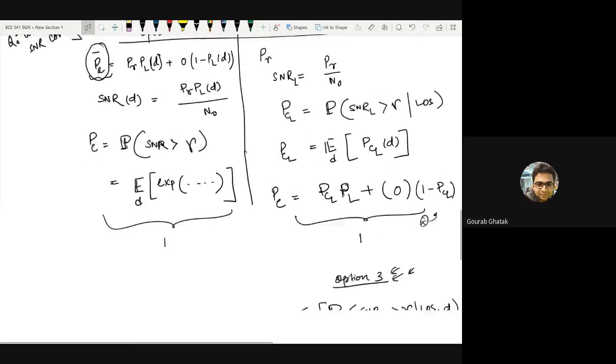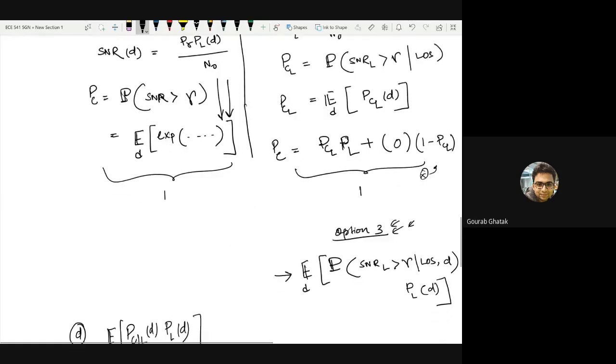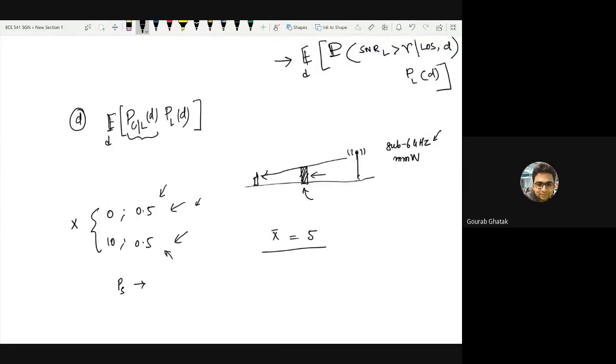In your option 1, you just find the average power received and do the classical analysis that you have done before. But a bit more nuanced approach, which means that you put this probability of being in line of sight inside your SINR analysis, is probably this way to look at it. It gives you a bit different insights into the network. Is this part clear?